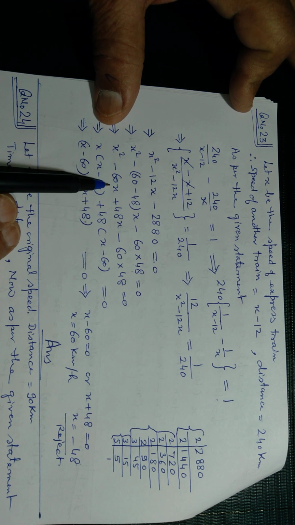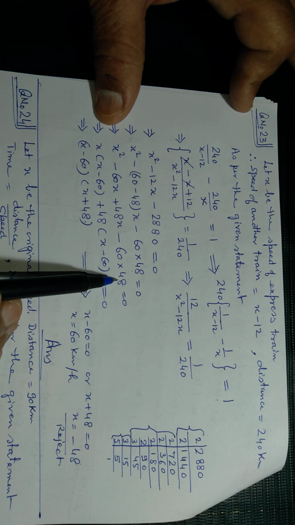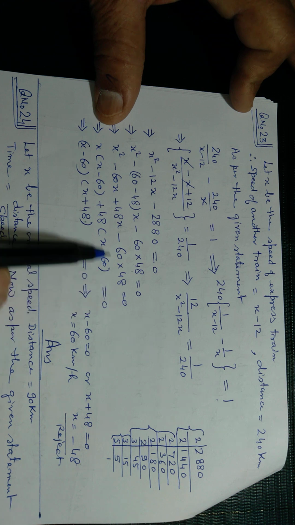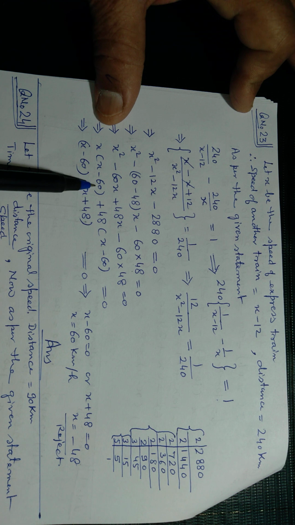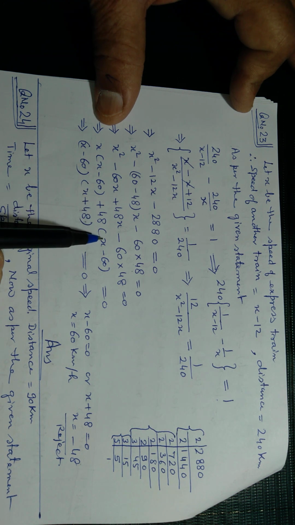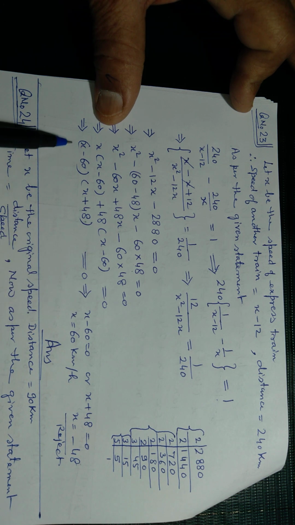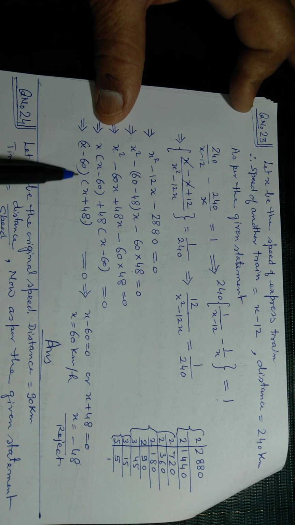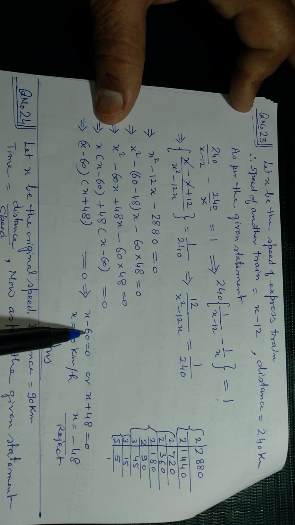x square minus 60x plus 48x minus 60 into 48 equal to 0. So take x common. Inside the bracket we will get x minus 60 plus 48 from the third and fourth term in x minus 60, equal to 0. So x minus 60 in the first bracket, in the second bracket it will be x plus 48 equal to 0. Now put x minus 60 is equal to 0, x will be equal to 60 km